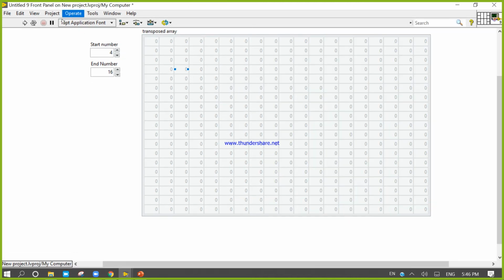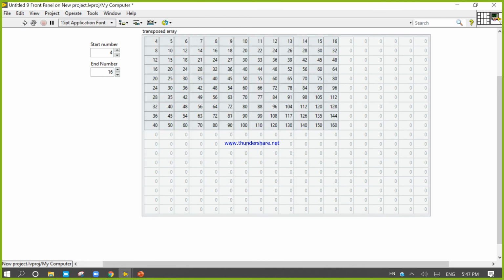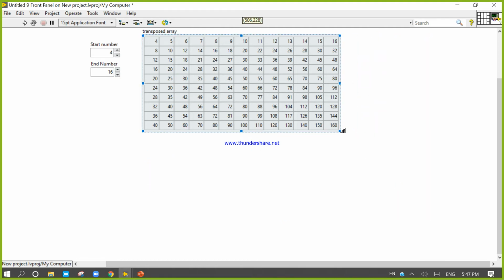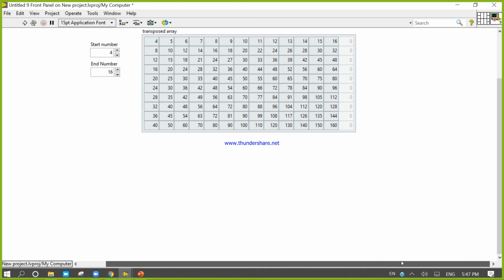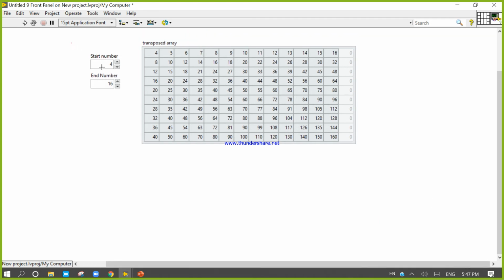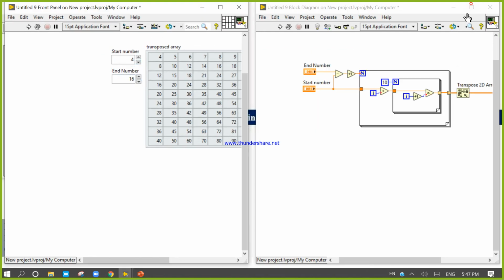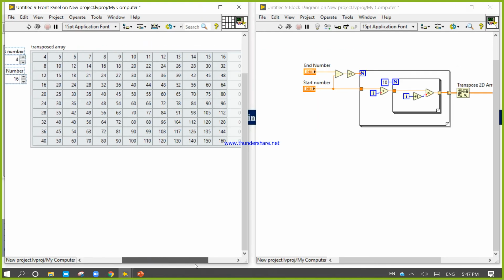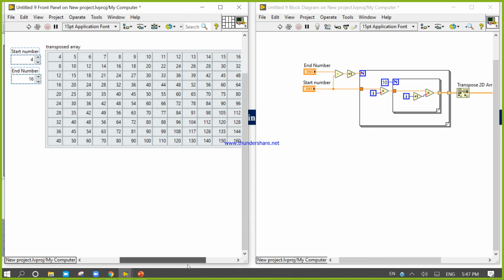Let's check. By using this code, we can generate a table between any two numbers.